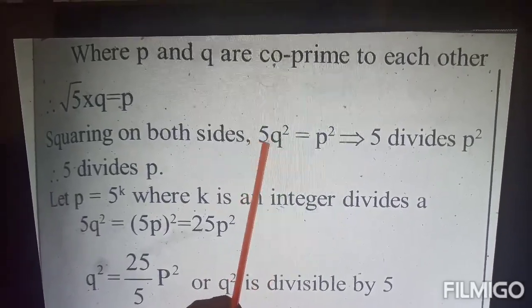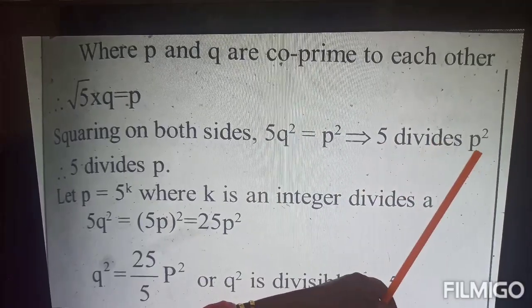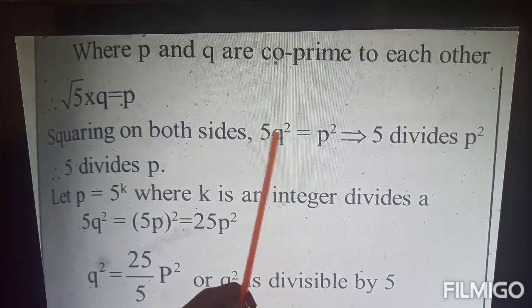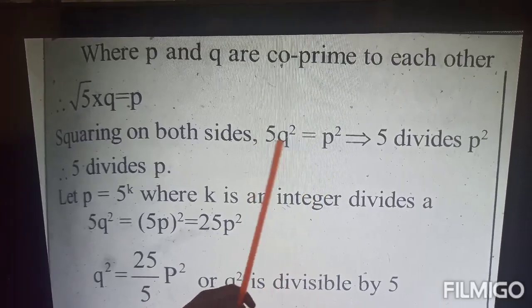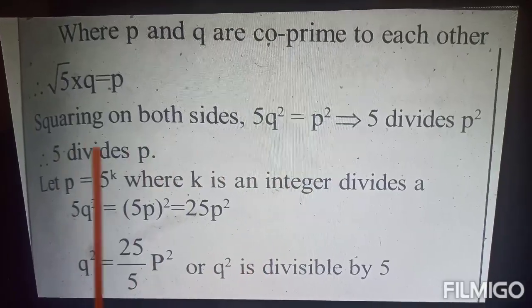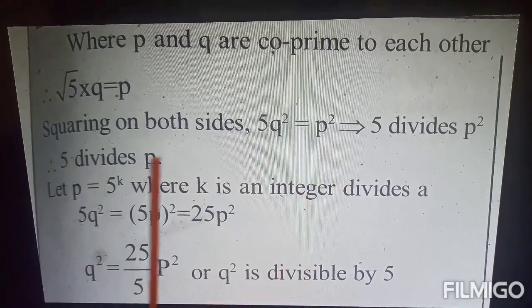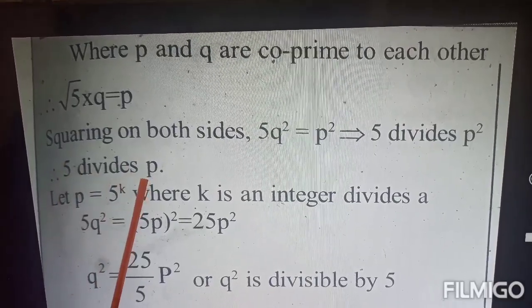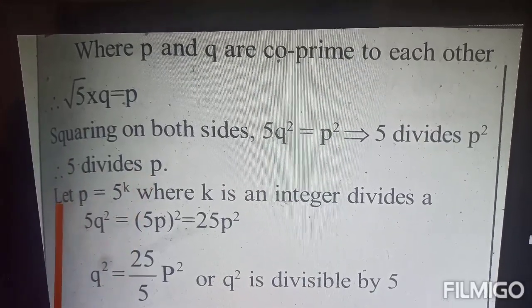This means 5 divides p square. If you transfer 5 to the right side, it goes down. That means 5 divides p square. If 5 divides p square, that means 5 divides p also. Okay. Let